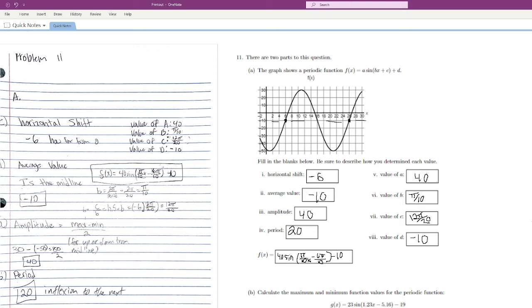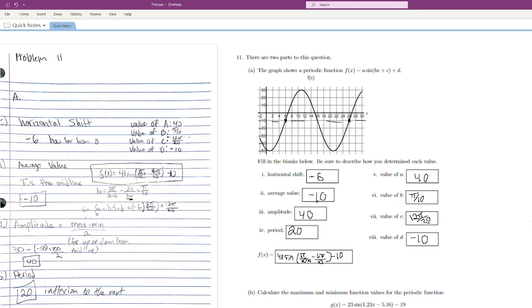So B is 2 pi over the period, which is 2 pi over 20, which we have right here, and then reduce that to pi over 10, which we got here, and then we have the value of C, horizontal shift, which is C over B,